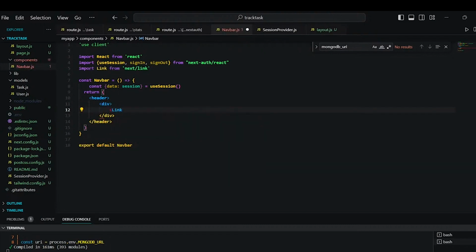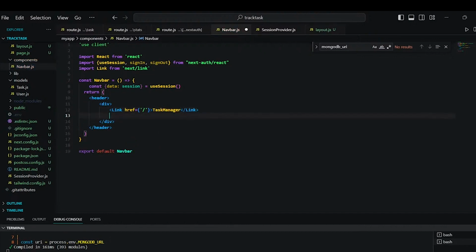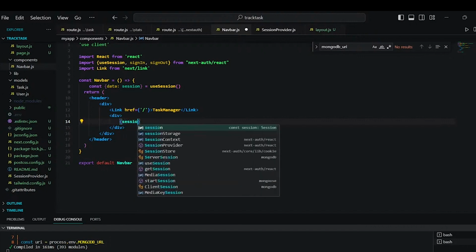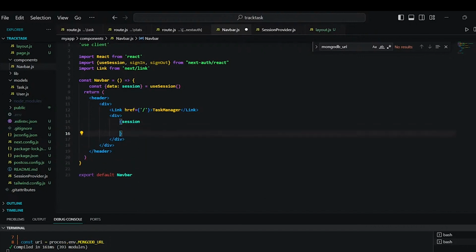It needs an href. We'll call it to go back to home. We'll call it Task Manager. And inside of the div, let's add another div. This is going to hold a couple of links in our session. So we'll start by saying session, and if there's a session,